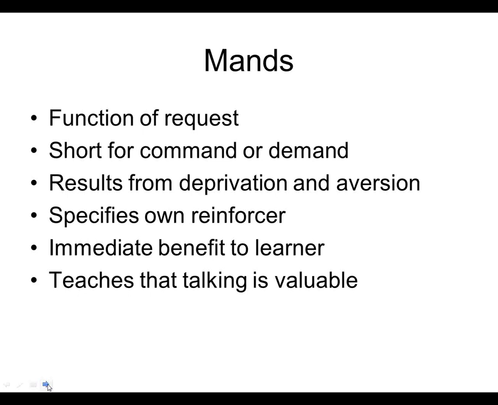Another thing is that a Mand is social. So it's directed at another individual in order for it to operate, which is different than just doing something and getting something in their own independent ways. And a lot of times we want to work on independence because that's a great skill and we want to increase that. But sometimes, and it's very common actually in our kids with autism, we tend to see them as very independent in getting things that they need, getting their needs met. And the downfall of that is that they're not actually social. They're doing it all themselves and we think it's really great and we let them do it, but we're not opening up those opportunities for social interaction and seeing the motivation in that.